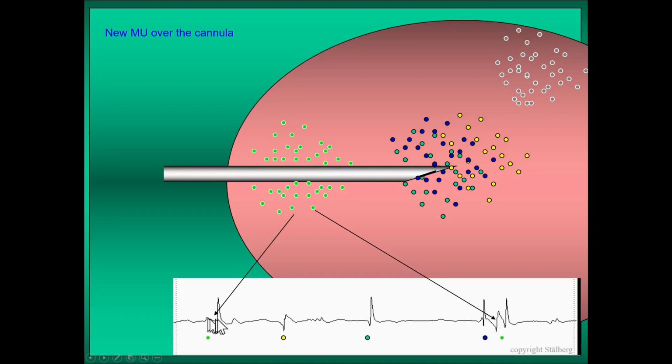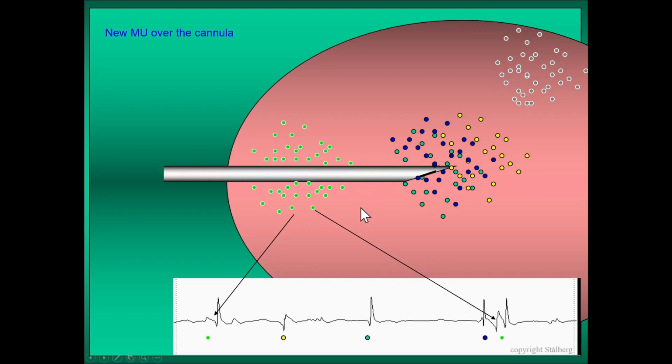signal that in principle is upside down because we record between the tip and the cannula, and now if activity is only on the cannula, it will be upside down like this. So you see, when we recruit new motor units, they are not necessarily at the tip of the recording electrode, so it can be a little difficult to